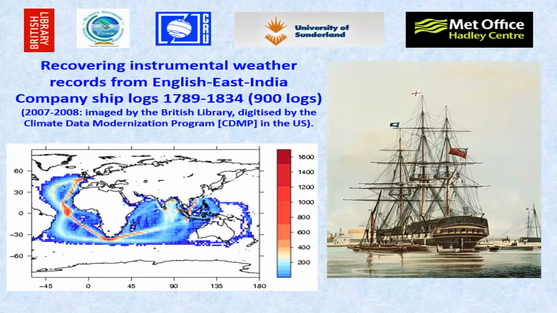You heard mentioned the East India Company. We had an effort back in 2007-8 with the British Library. We imaged the holdings of the East India Company logbooks. They were digitized by a program in the US, which unfortunately no longer exists. And so we came up with about 900 logs or so from this effort. And you can see on the bottom left-hand side a map of the world, and particularly the Indian Ocean from our interests today. You can see the ship tracks, with the colour increasing from blue to red with the amount of information available, and you can see the route going from the north through the South Atlantic, across the Indian Ocean to India and China, etc.